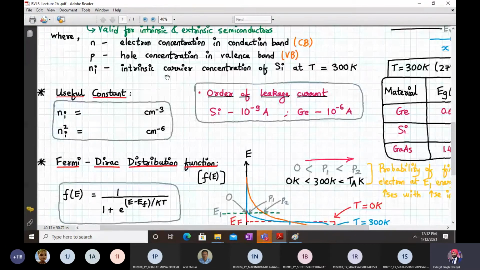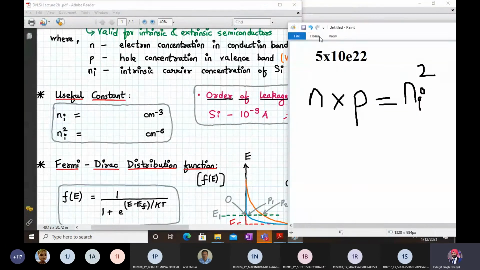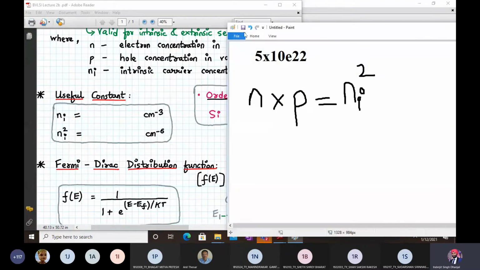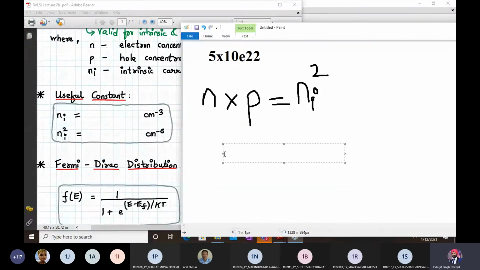Now let's write some useful constants. We have described ni, we have described ni square, and their values should be known to us, correct? So let us write down their values over here. All of you also please write down the values. These are very important constants which will be used more often than not. So the value of ni is given by